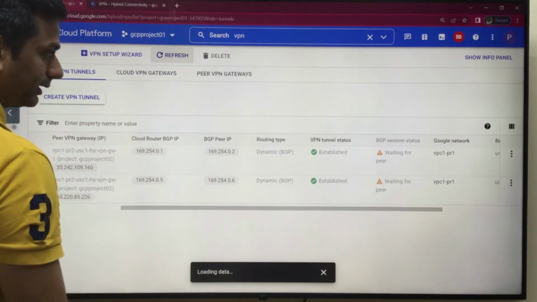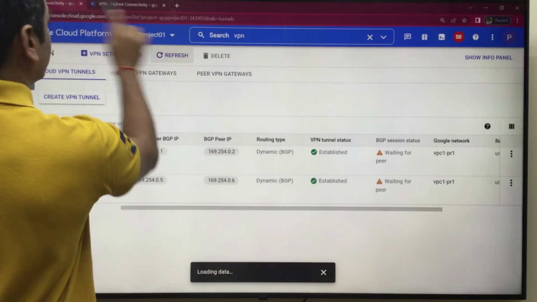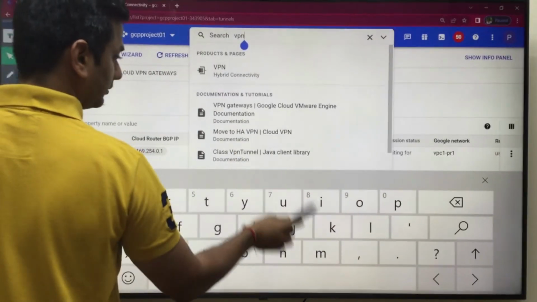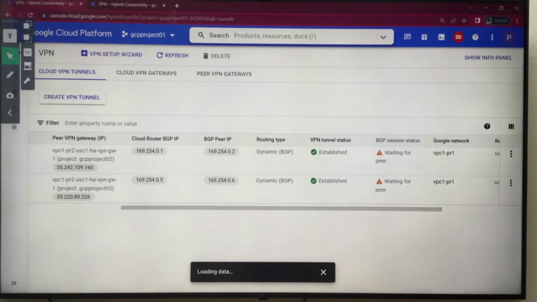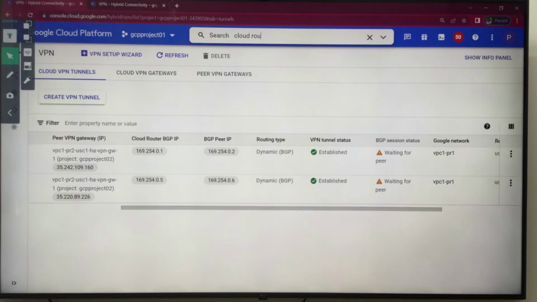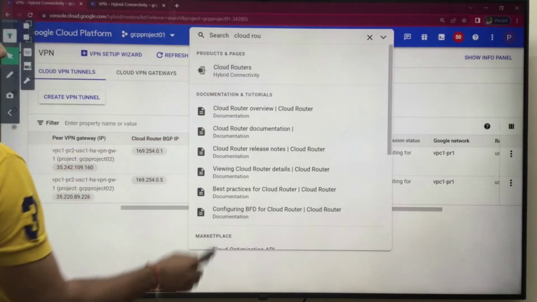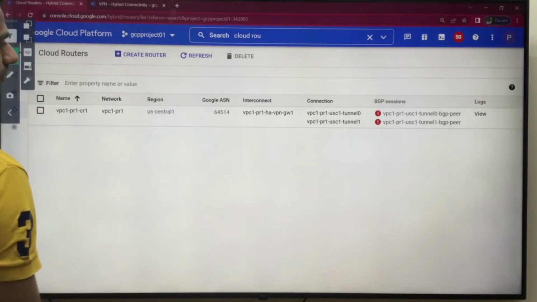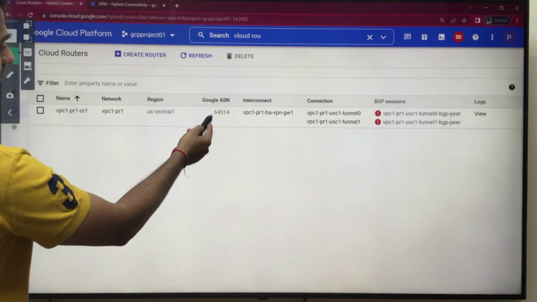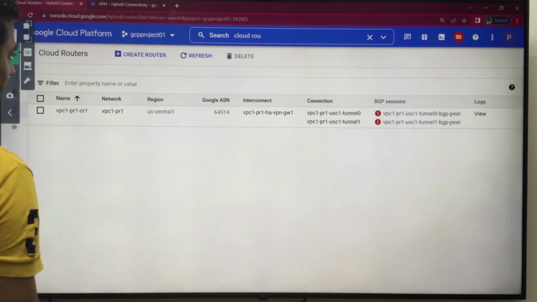Refresh, waiting for peer. Okay, guys, go to the cloud router. Under the cloud router, oh, see, look at the AS number, it is 64514.